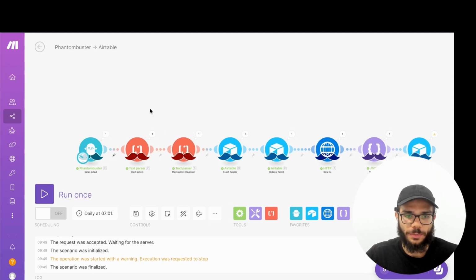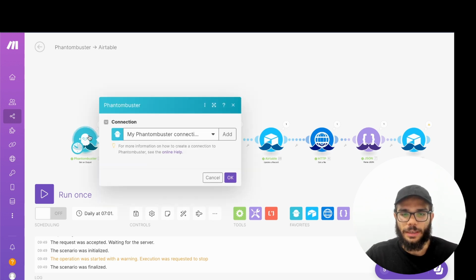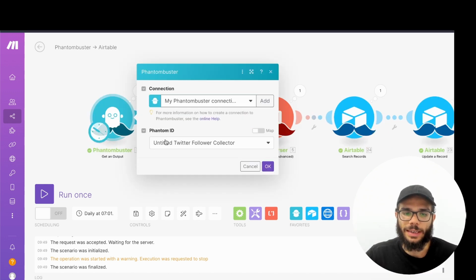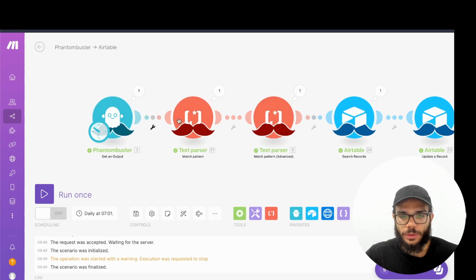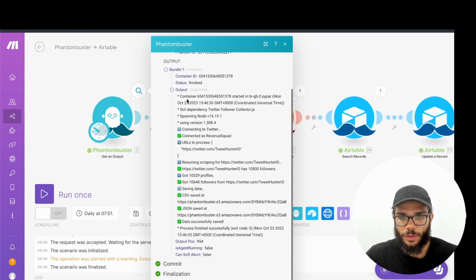So let's walk through this. I'm basically using Phantom Booster, which is scraping the leads. You select your Phantom. This one is a followers collector. Once I get the output, it's gonna give me something really ugly. If we take a look here, it's giving me something like this. It's giving me the URL, or the CSV and JSON. What's important here is to take the output, which is this JSON and CSV,